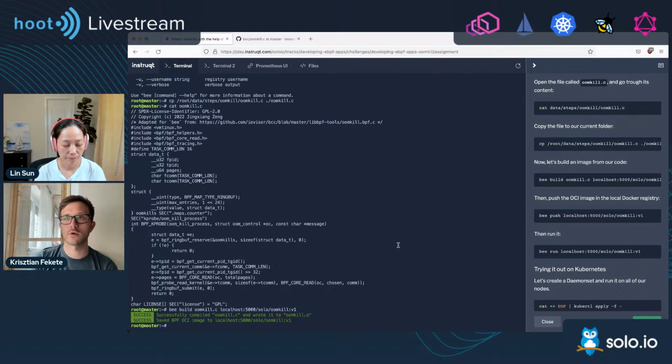You can test it locally. For example, if the kernel verifier finds something that should not be there, some issue with your code regarding memory access or performance, you will be notified and you won't be able to load it into your kernel. So it's a pretty safe way to